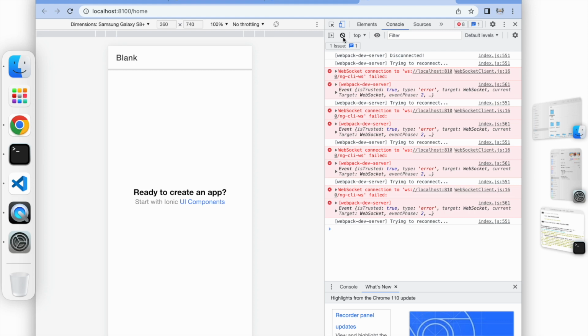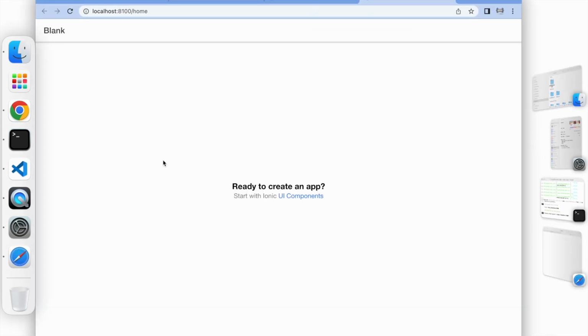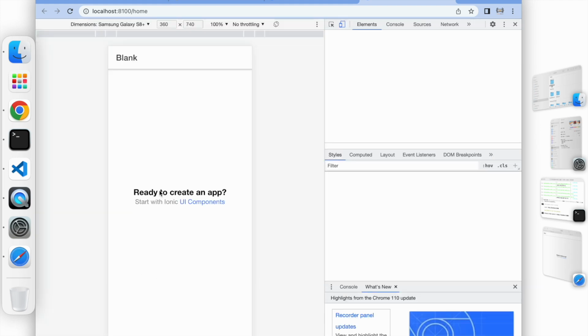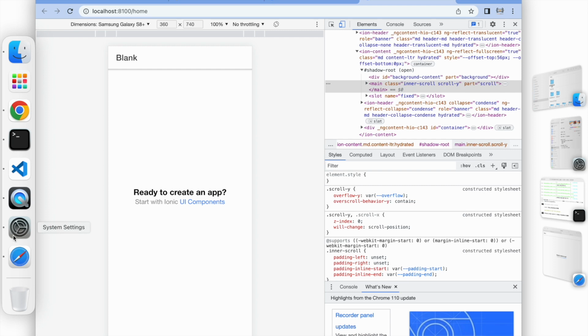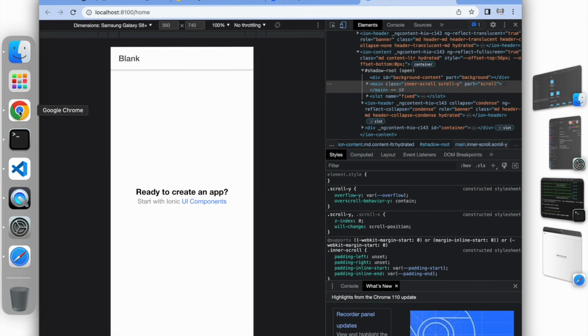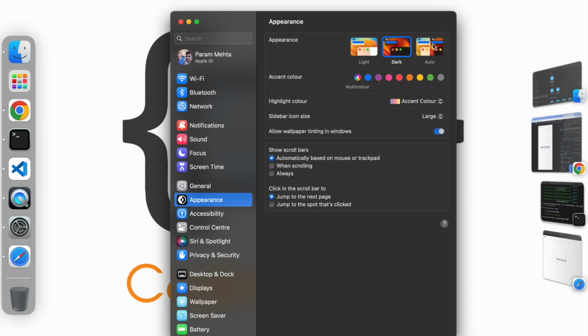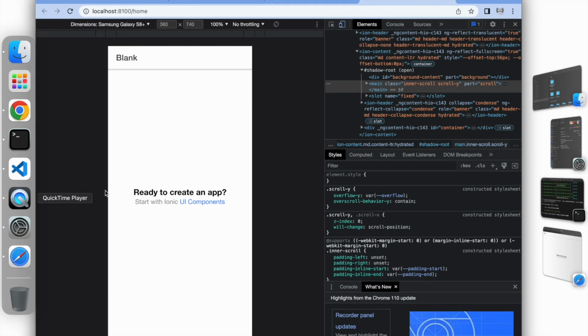You can see this project runs again, and we are seeing the light theme. When we change to dark, it is still the light theme. So now we are ready with our project.